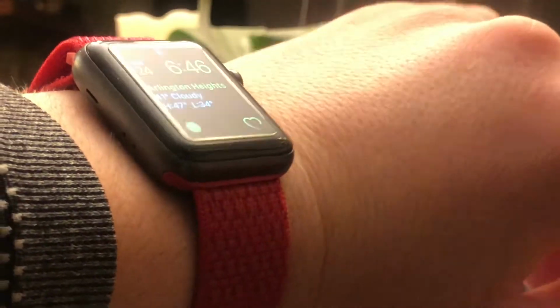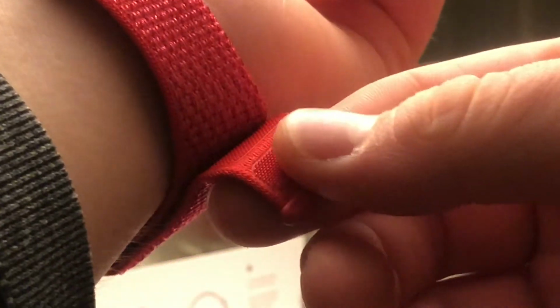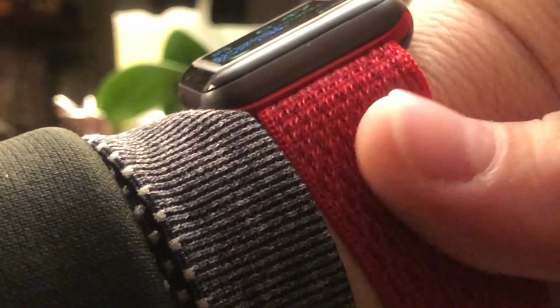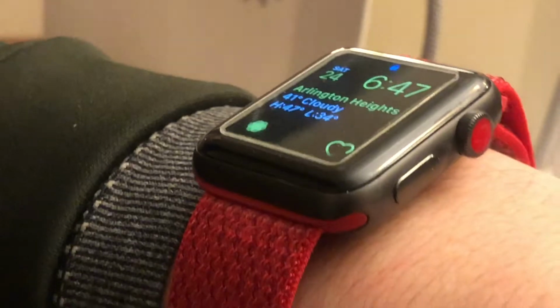This is actually a really nice size. Wow, for my wrist it actually feels nice with the space gray. It looks really nice. Pretty cool. It's like this is Velcro. And yeah, that's it. Even matches the red crown, if you can see. So yeah, that's it. This is an unboxing of the Apple Watch